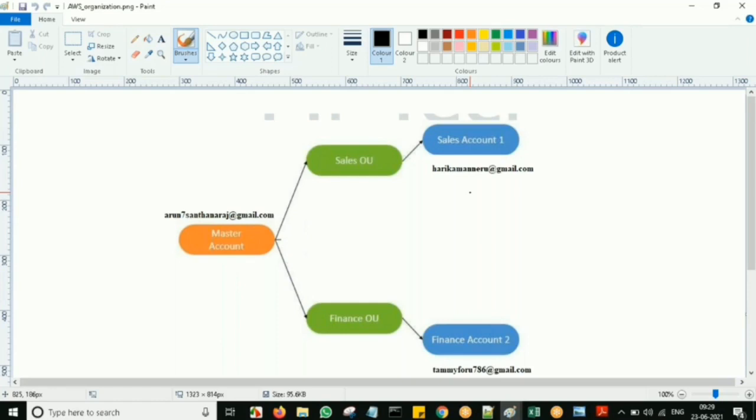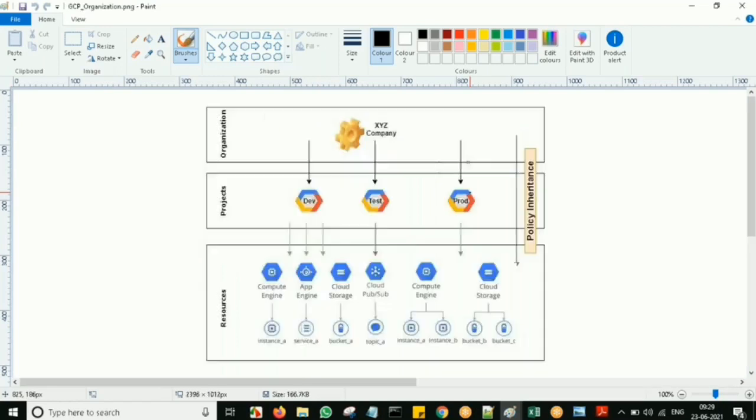The master account is one of the AWS accounts. Let's assume this one: here we need three different AWS accounts, which means we need to register an account with AWS three times, as in the example you are seeing on the screen. But in GCP, one time you register with GCP. That is called one account.